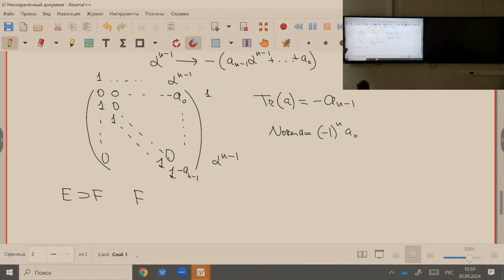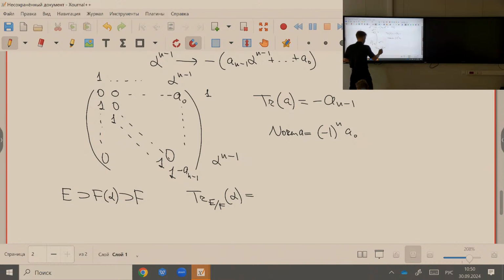You will take this element, if it is not in F, it is a root of a reducible polynomial, of minimal polynomial, but it can happen that when you add this element, you do not obtain the whole field E. So that's why, due to our formula, of course it is tempting to write down that the trace of this element is just this number, but you are thinking of it from the viewpoint of the large extension E. So that's why we are writing down that trace of E over F of alpha is obtained as a trace of